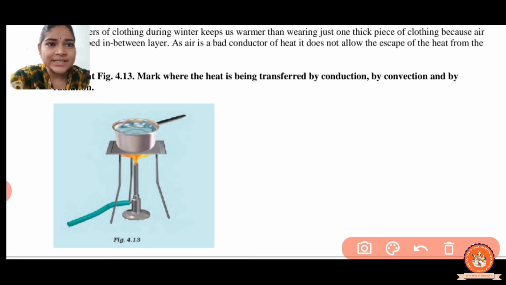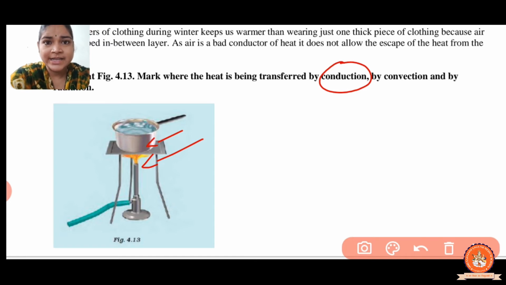See here, first we discuss the conduction method. What is the definition of conduction? The definition of conduction is the heat transfer from hotter end to colder end. Just as I told you in the blanks. So where is the hotter end? Here the flame is hot and the container, if we put it, is cold, right?